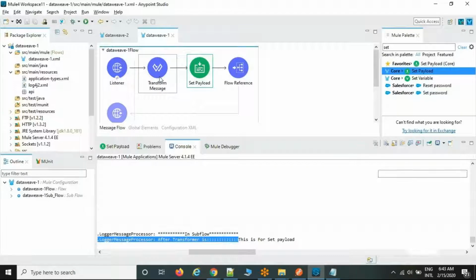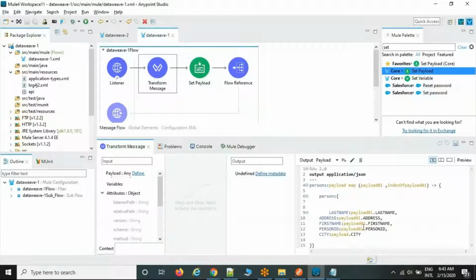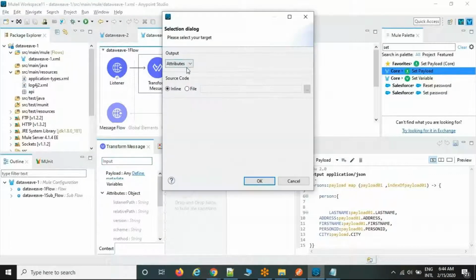So there is an approach called variable. By default, the transform message output is stored under payload, and I would like to create one variable here so that the entire output will be stored under the variable, and wherever I want, I can reuse the data. How are we going to create the variable? Here you can click on the plus option, and expand this one. There is a name called variable, and the variable name, whatever name you want, you can create it here. For example, I'm going to put it as T output. Anything up to your wish.